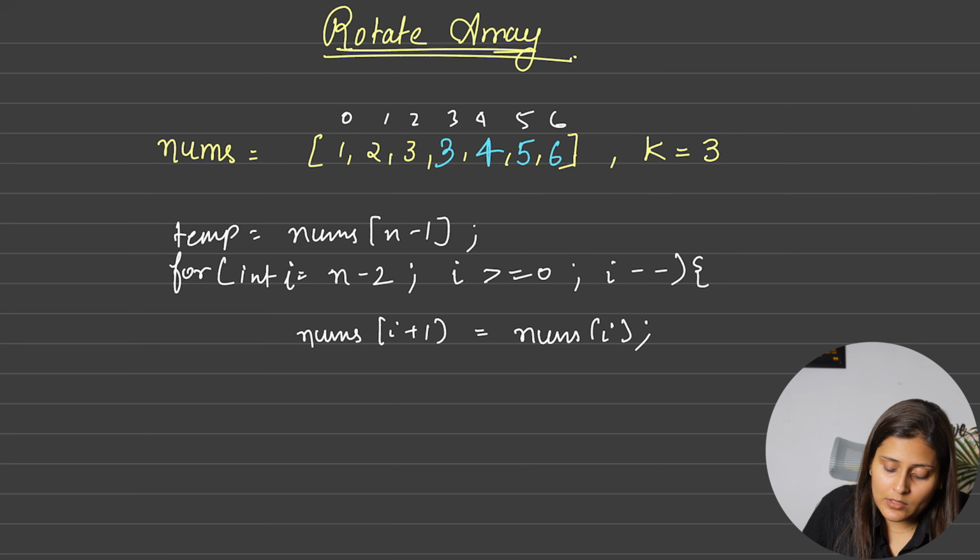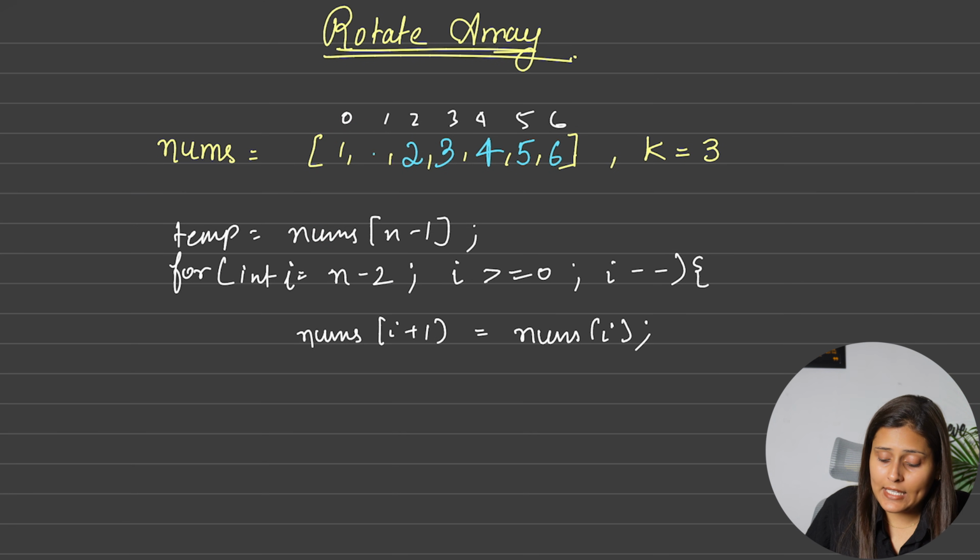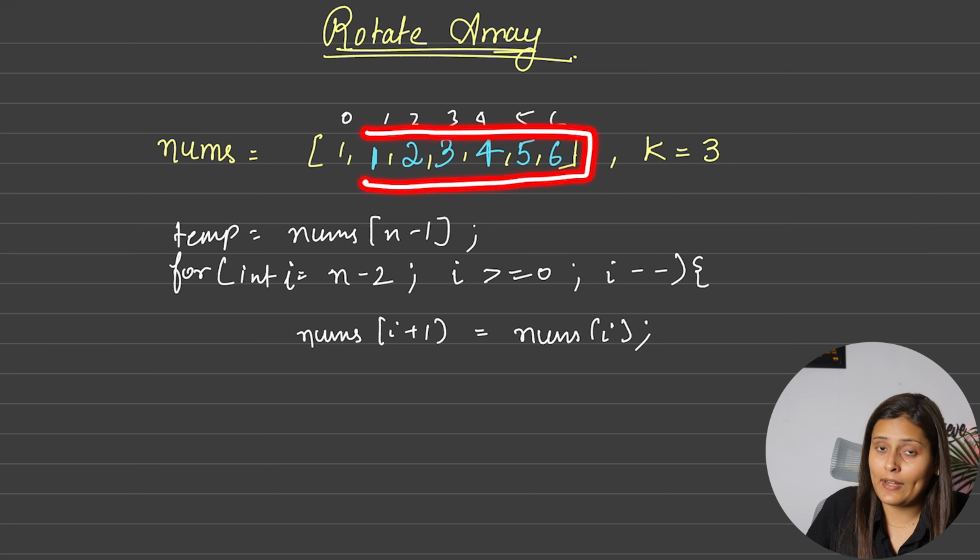Similarly, now next time the I will point to 1st index and I want to copy this 2 at 3rd position. So now we can overwrite this 2. Now at last I will point to 0 and this 1 I want to copy here, correct? Yes, so this will be copied. Now can I say that from first index to last index everything has been shifted by one time, and now